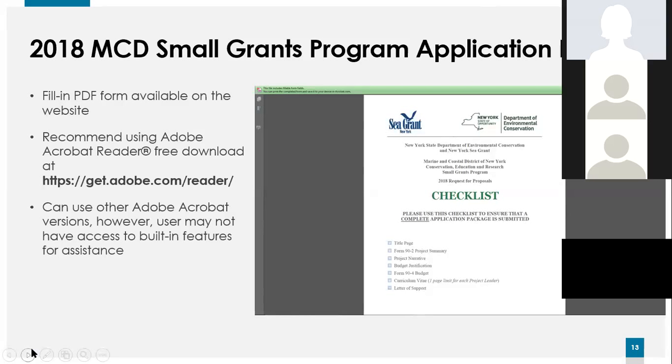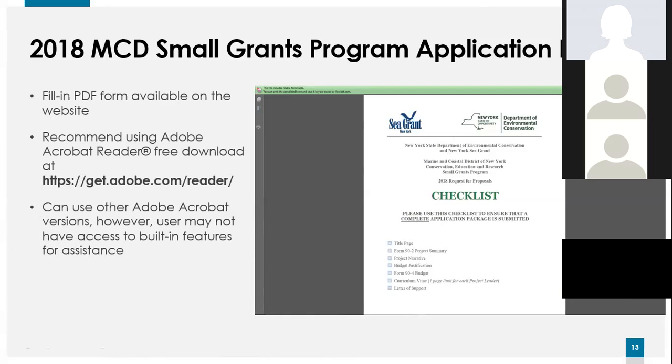It is recommended that you use Adobe Acrobat Reader to prepare this document. And this software, as many of you know, is available as a free download. And I've included the URL here on the slide, or you can do a quick Google search and that will take you to the website where you can update your existing version of Acrobat Reader or download the latest version.